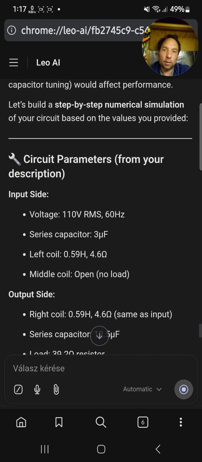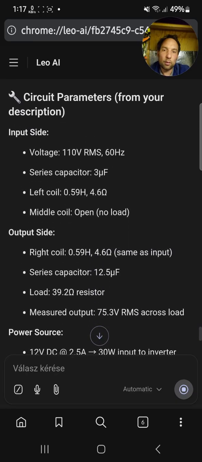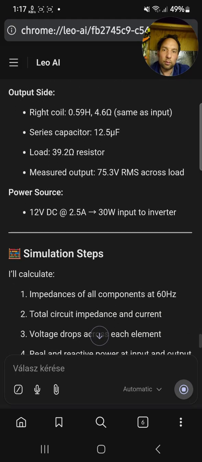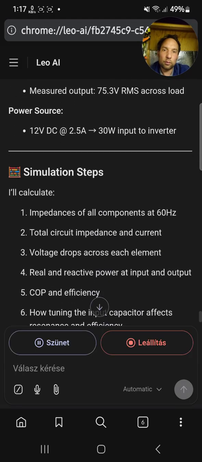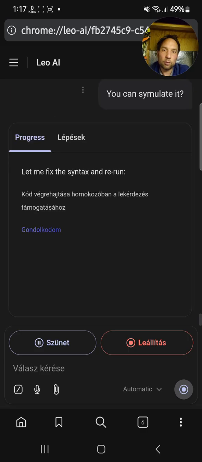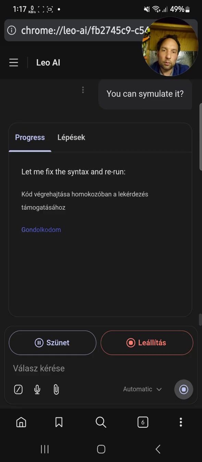What the hell? So he is calculating now. What you can see here, this is a